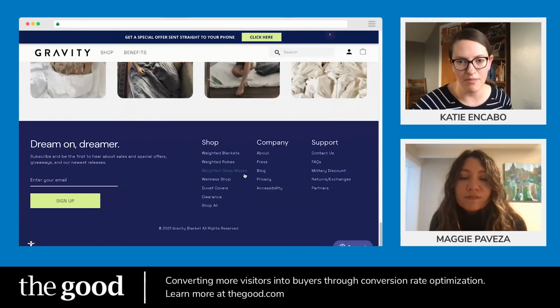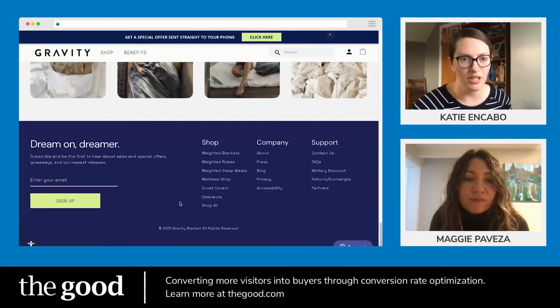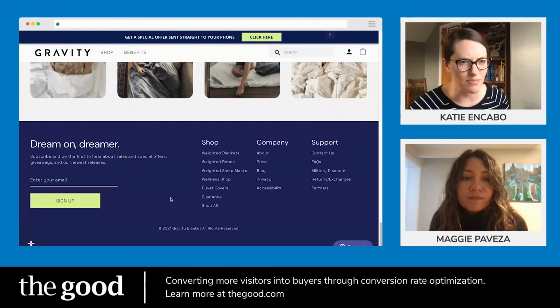I feel like this is now the first time I'm introduced to some of their products. We made it all the way through the homepage. And to be fair, we didn't look at the shop menu or anything like that. But now I'm seeing they also sell weighted robes, weighted sleep masks, a wellness shop. Duvet covers was mentioned at some point. But I'm actually like, oh, well, now I want to go to Shop All and see what other products are here,